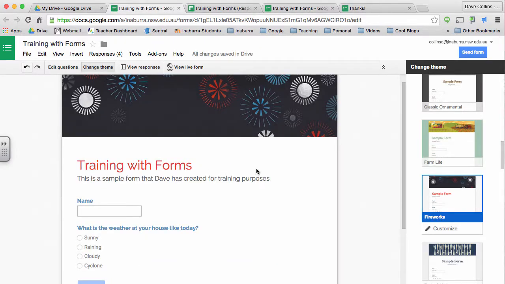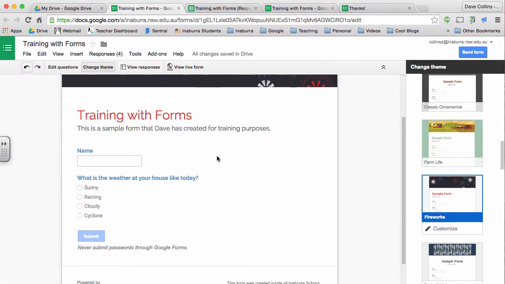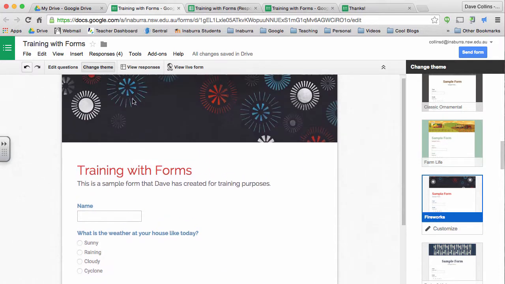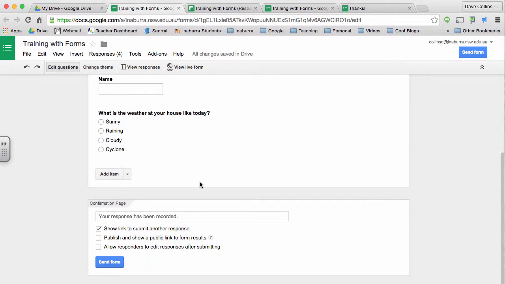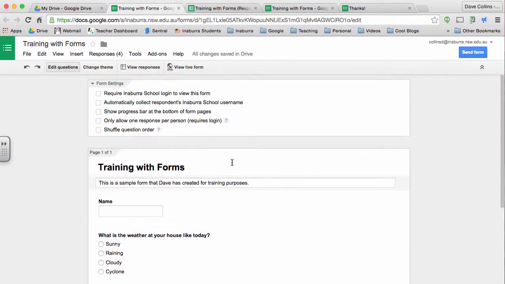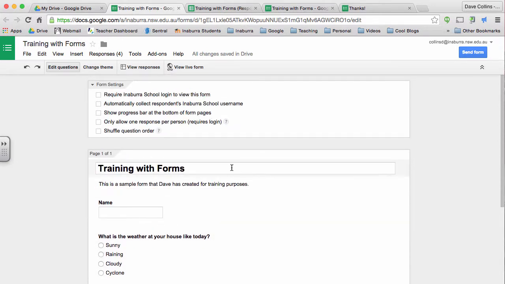In regards to forms, there are a number of other tricky things that we can do, but generally that should be enough to get people started with it. You should be able to still come back here and edit your questions. You have the options to change some of these things down here. So your confirmation page, we could remove the link so that students only do it once, in theory, and go from there. Probably the last thing that you need to realize is that we need to be able to share